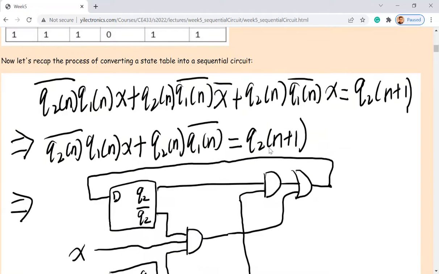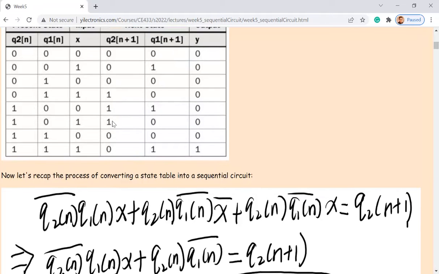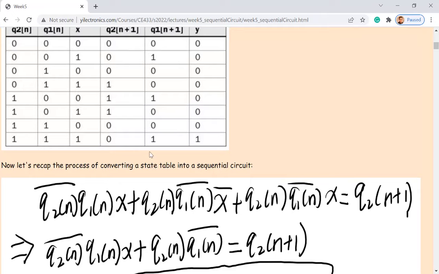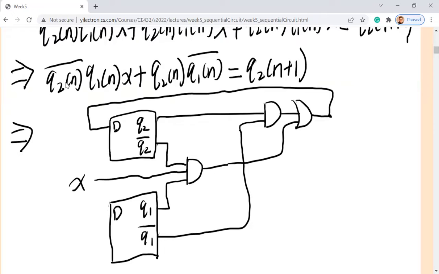So this is for Q2n+1. You are looking at this column, Q2n+1. You only look at the ones here, here, and here. So from the state table, you can find out the logic equation for Q2n+1, which is this one. All right, here. So if you have this logic equation available,